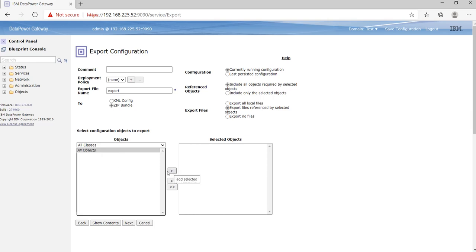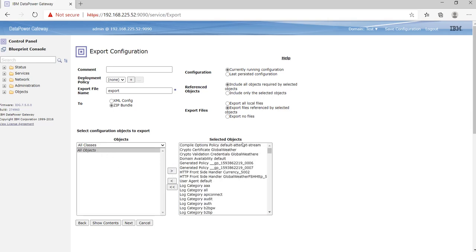Okay, we'll select this one. So now we can see all the objects are available here, and just make sure you click on export all files, all local files. For example, you have some XSLTs, some WSDL files, some XSD files, some JavaScripts, other files as well. So better to click on export all the files, so that all the files will be part of your export. So after doing this, we'll click on next.